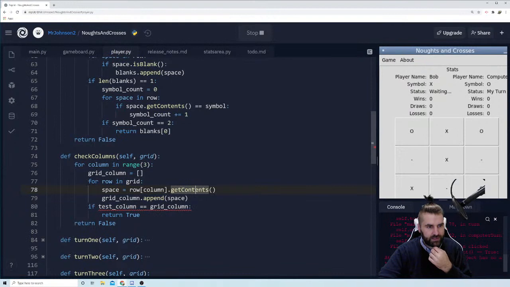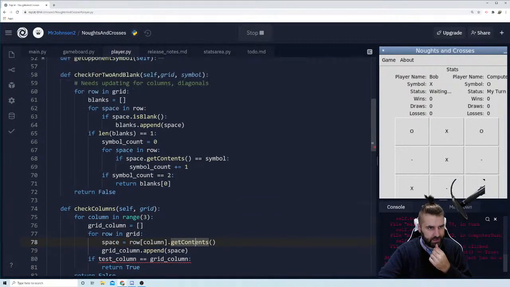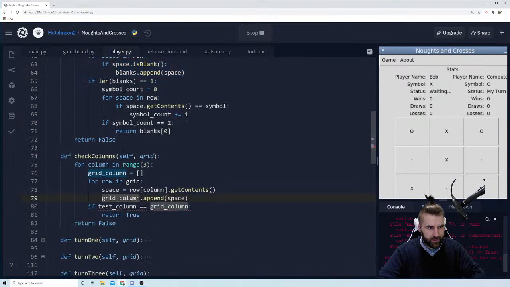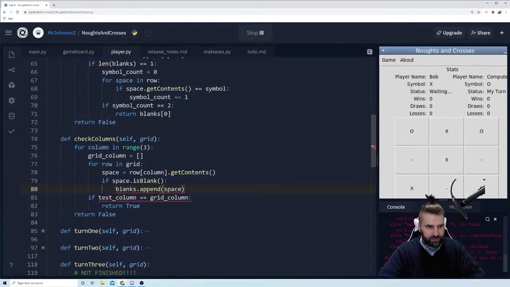So we want to say exactly this. Where is it? If space dot blank, blanks dot append space. So I'm going to take this code here, I'm going to copy it, I'm going to come down here, so for row in grid, space equals row column dot get contents. We're then going to say if space is blank, blanks dot append space, and we can get rid of this